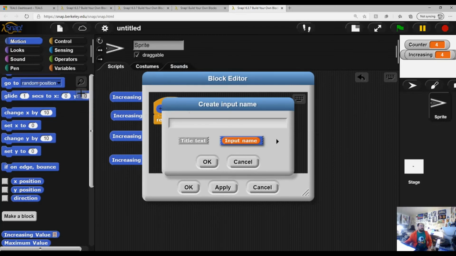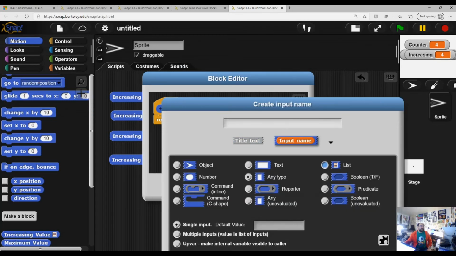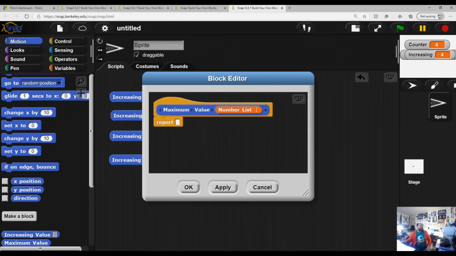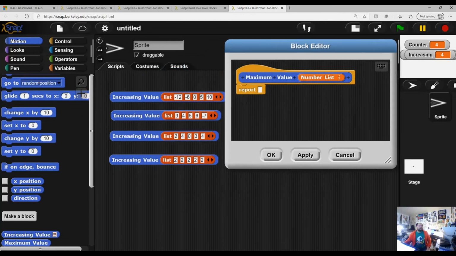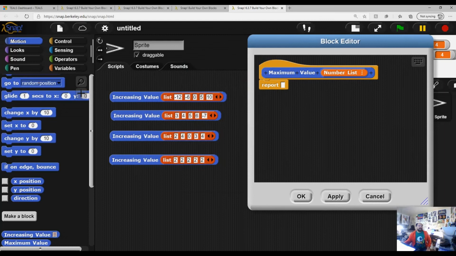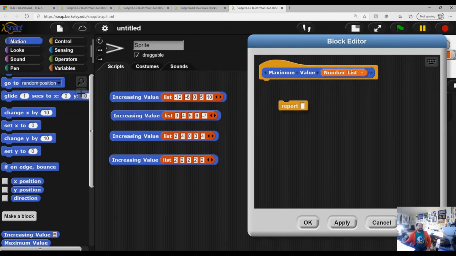And we're going to create a list, a single input, call it number list. We can actually steal this code